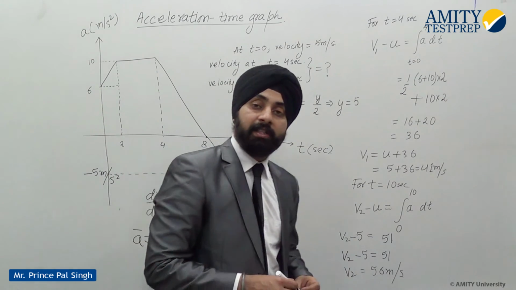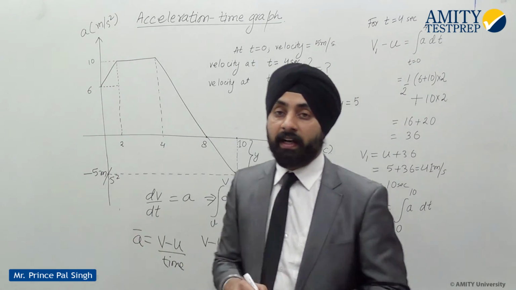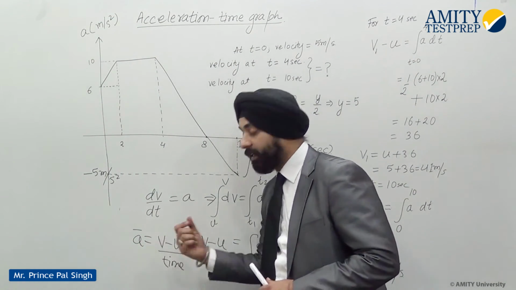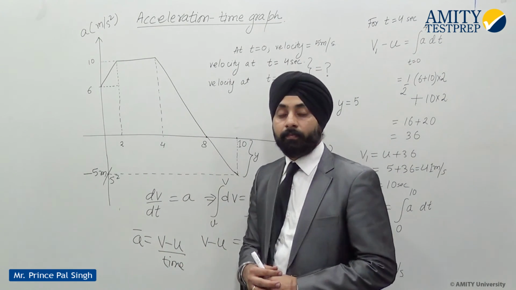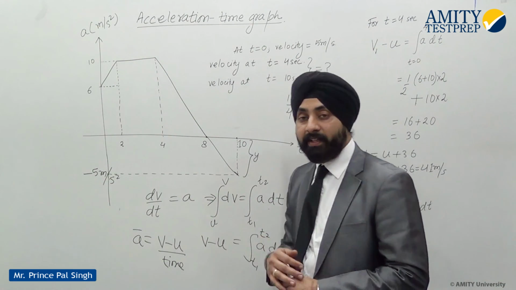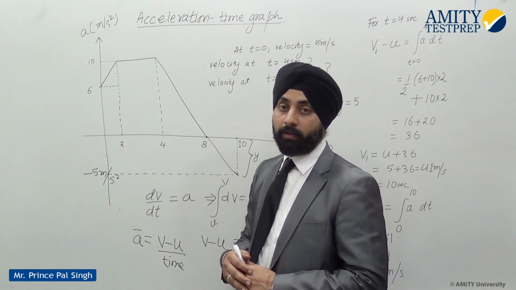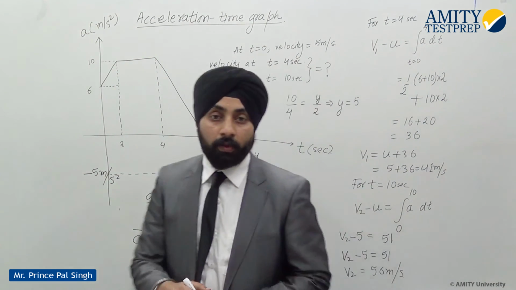And we know that the change in velocity is the area under the a-t graph. So this is the area under the a-t graph, and this is the time interval, and this gives us the average value of the acceleration also. Over here,